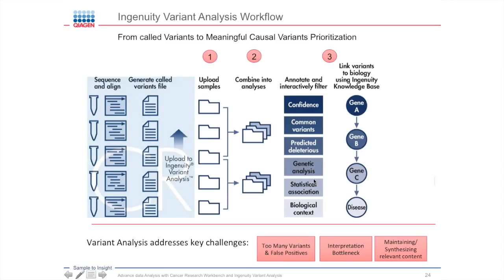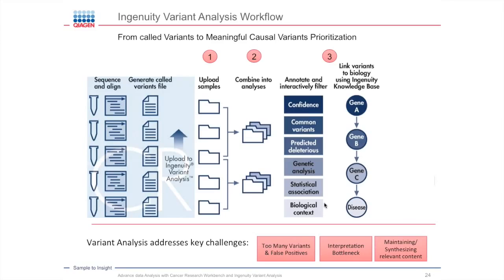And the goal of the analysis is, of course, to annotate those variants, also allowing you to indirectly filter those variants down. So for whole genome, as an example, many of our customers may have 3, 4, 5 million variants in every whole genome. In amplicon, of course, it's smaller, but you still have a lot of different variants. Which one, or which 10, or which 20 are the most relevant for the question that you're having? So Variant Analysis will allow you to